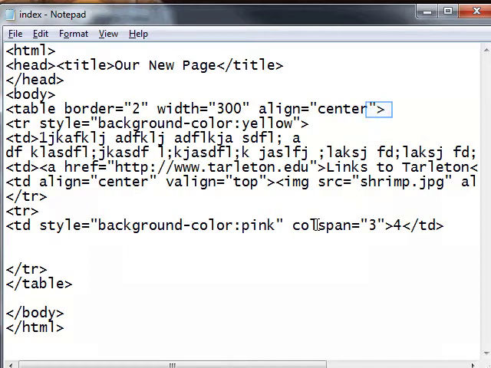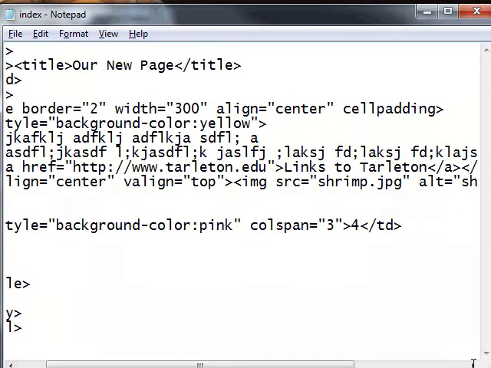But if you wanted some space, you can use the attribute cellpadding. There's padding inside the cell. So I'm going to put this on the table, and I'm going to set cellpadding equal to a measurement in pixels. In this case, let's make it 5, and you can see the difference. So when I save that